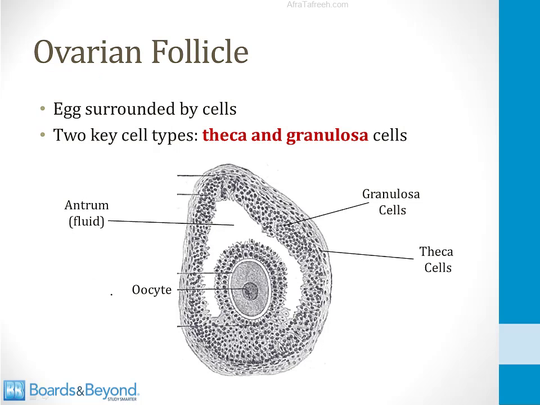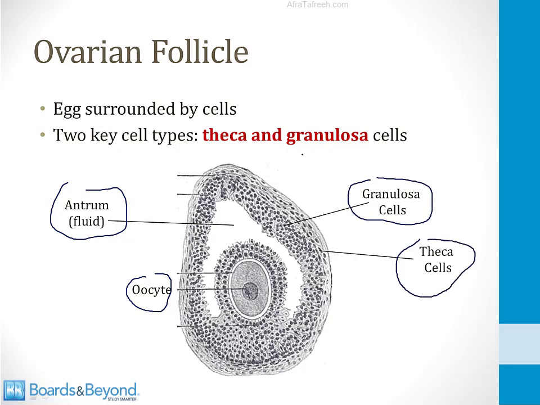This is a drawing of an ovarian follicle shown on the screen. It is an egg surrounded by cells. This is the oocyte or egg in the center. It's surrounded by some fluid, which is called the antrum of the follicle. It's also surrounded by two layers of cells. The granulosa cells are the innermost layer, and the theca cells are the outermost layer. And it is the theca and granulosa cells which are going to synthesize estrogens, which drive the growth of the